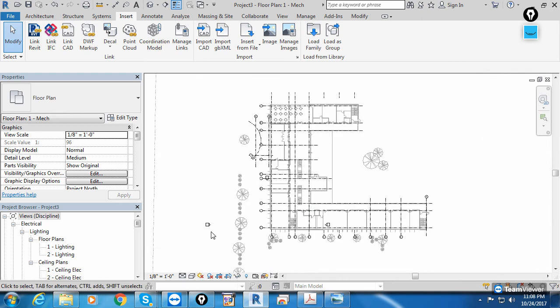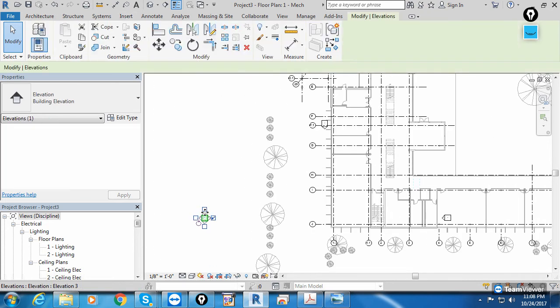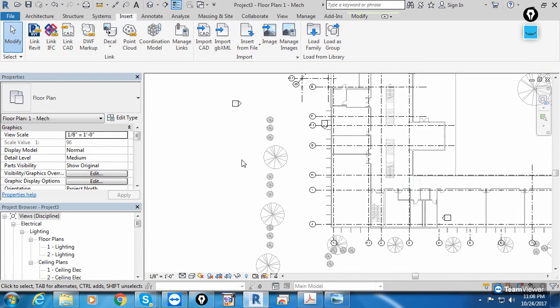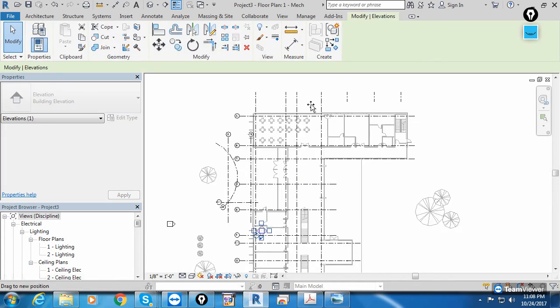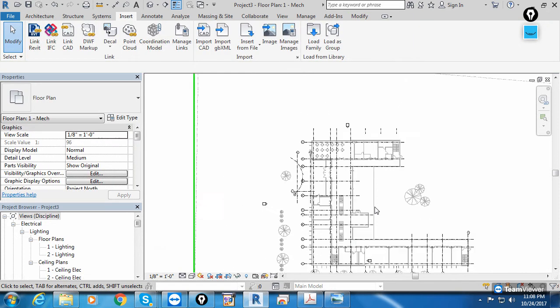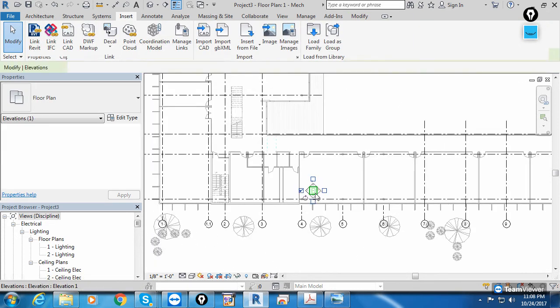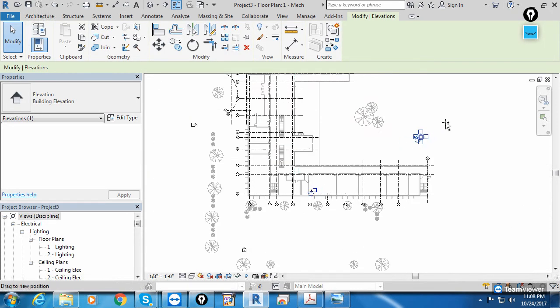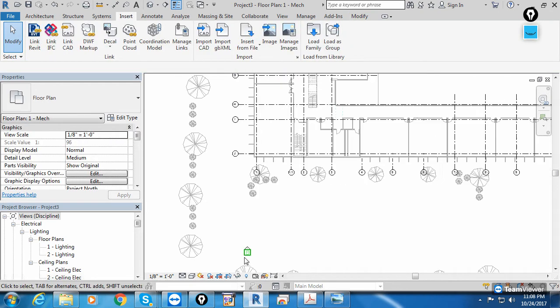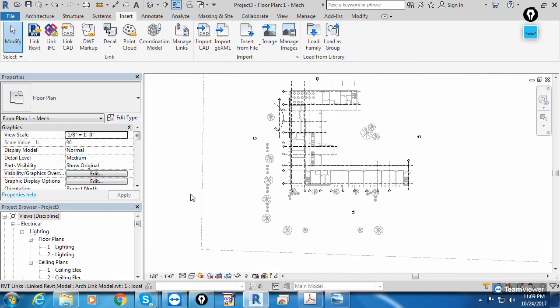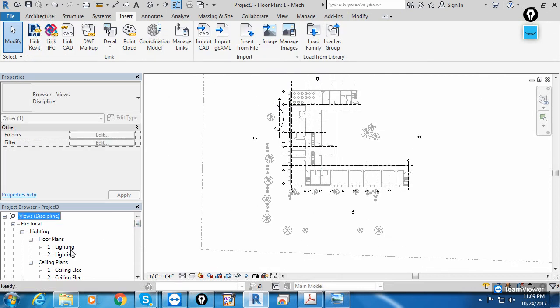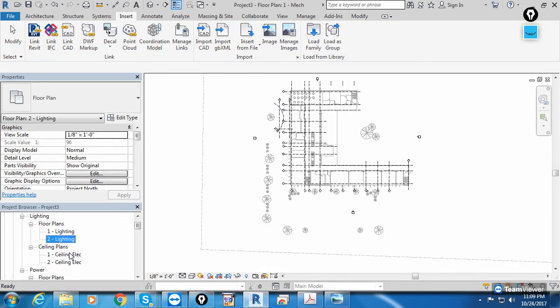So after link, arranging the elevation camera, let me do this quickly, because this elevation camera will give you 4-side elevation, and elevation is also required to activate when we add the other levels. So I'm adding four cameras at 4 sides. Next, and you see level 1, level 2, because we used the template file.